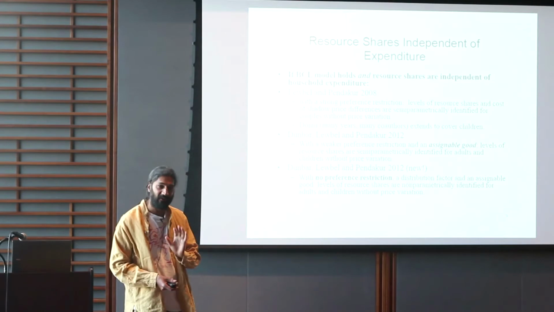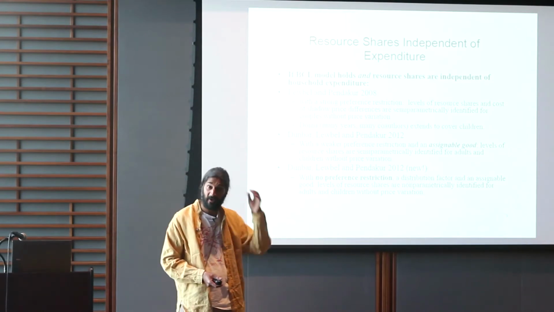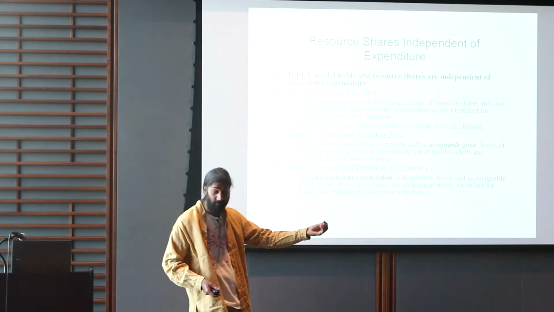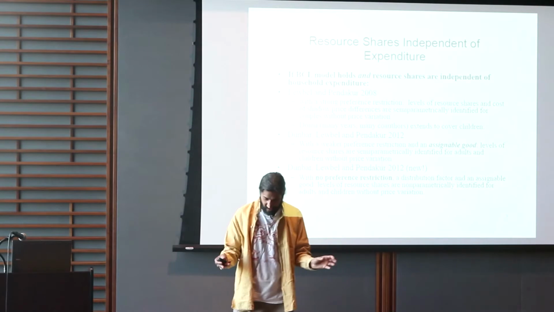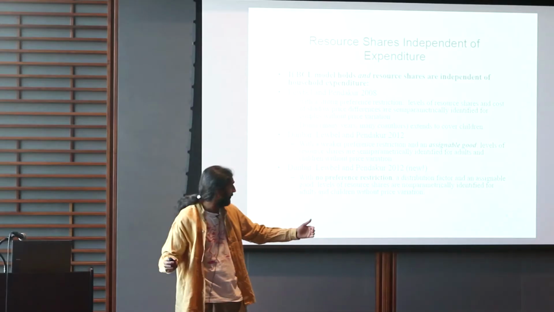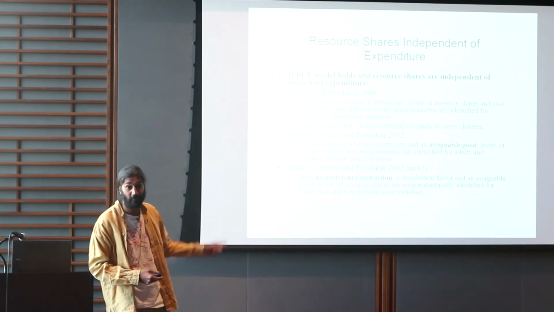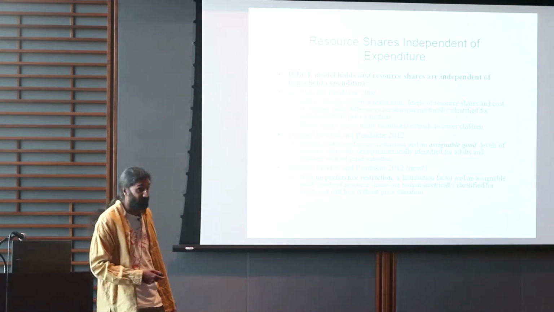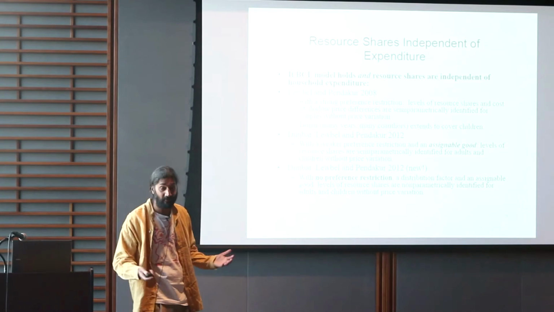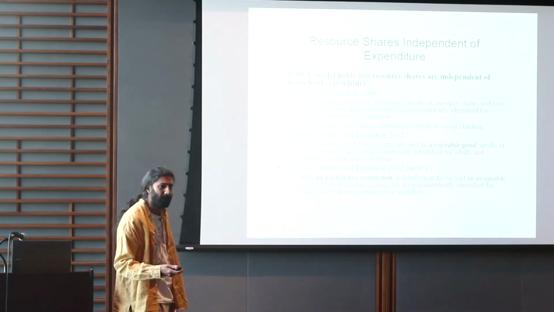But if the child actually has 2 versions of the utility function, one in the head of one parent and one in the head of the other parent, then you're going to have 4 arguments: mother's utility, father's utility, the kid's utility as seen by the mother, and the kid's utility as seen by the father. That makes the optimization more complicated, and it roughly tells you that you should pretend there are 2 children even though there is 1. It's still practicable. You can still estimate the model, but it weirds it up some. Okay, thank you.